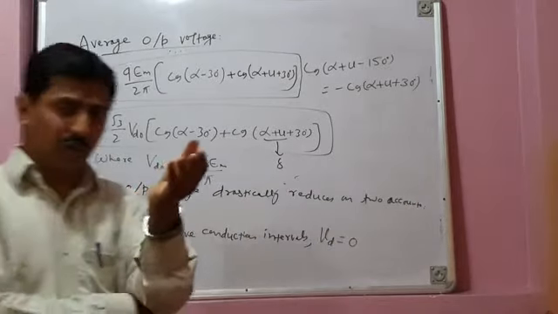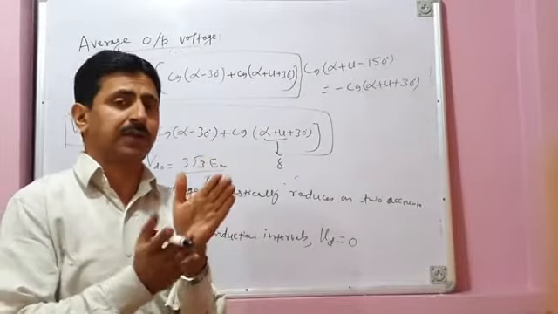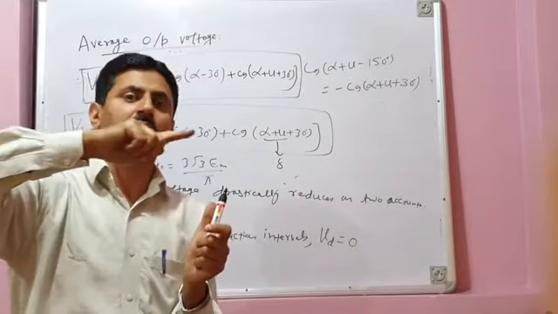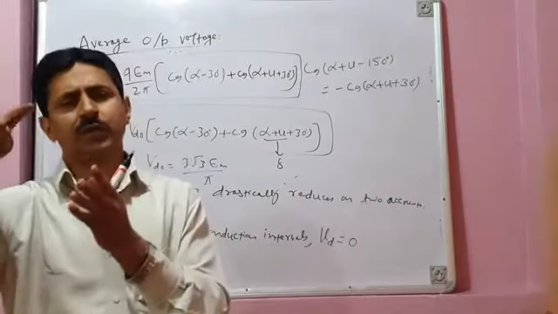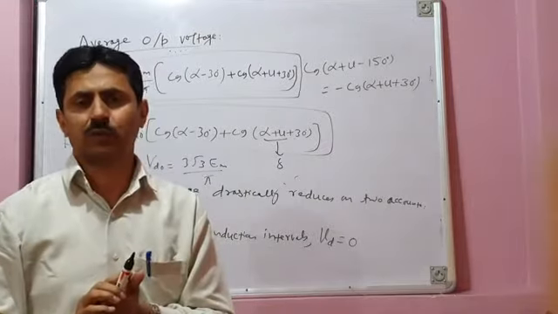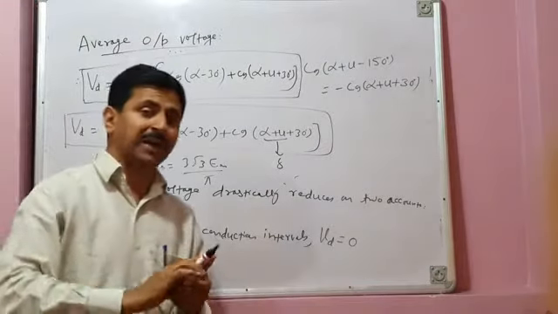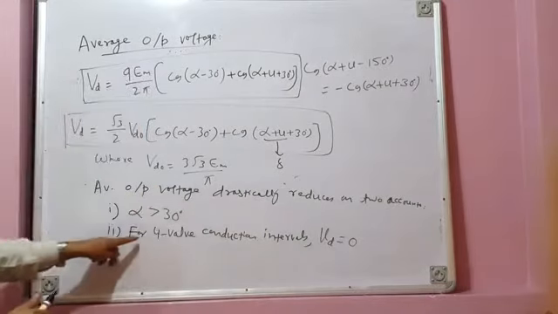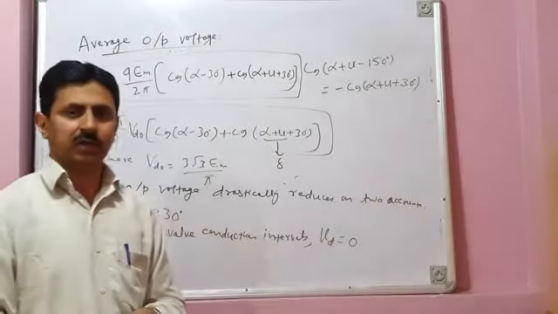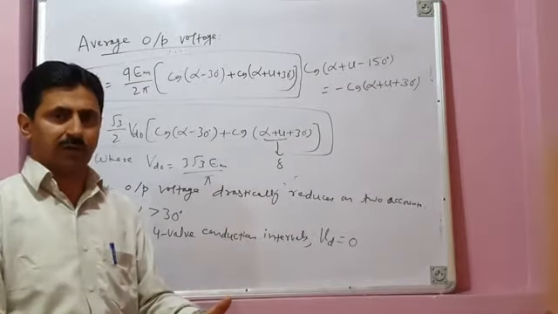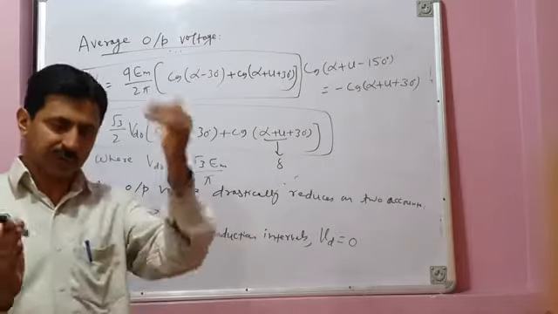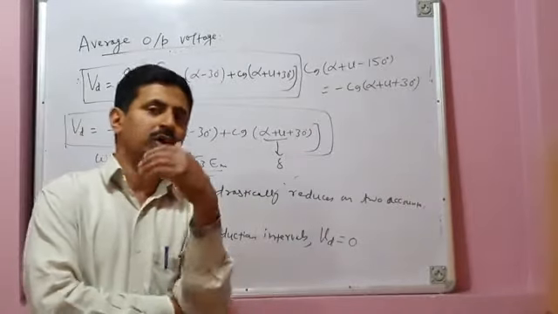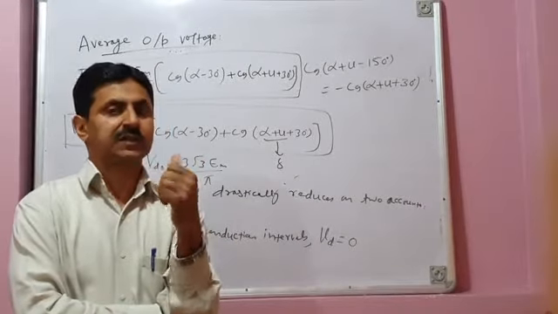And in 2 and 3 value conduction, your output voltage was never becoming equal to 0. It was either equal to line voltage segment or minus 1.5 times some phase voltage or plus 1.5 times phase voltage. Here average output voltage is either minus 1.5 times phase voltage or plus 1.5 times phase voltage and 0. For 4 value conduction periods, it's always 0. So since it reduces to as low as 0 value for 4 value conduction intervals, this drastically reduces the converter average output voltage. So therefore, mode 3, that is U greater than 60 degrees, which is the worst case as